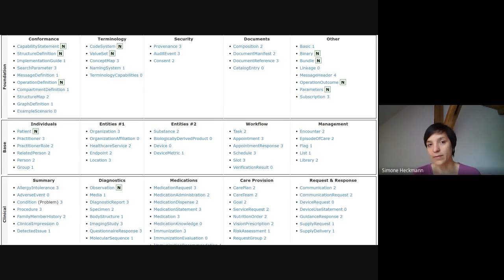maturity level 0 basically means that you are expected to do something with these resources and give feedback to the responsible working group on whether you like this resource, whether it fits your requirements, or whether you have any proposals on how to change and how to improve these resources. So there's basically a chance that if you use a resource with a low maturity level and you get involved and get in contact with the working group, you can actually help to improve these resources to also better fit your requirements. So go ahead,